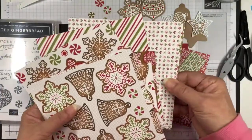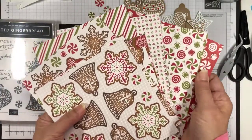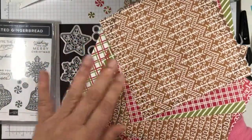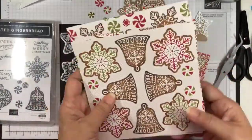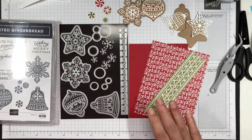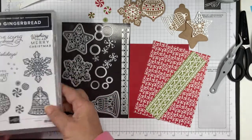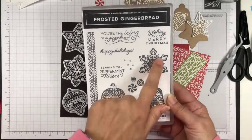But then also you've got other different papers in the designer series paper pack in Old Olive, Cinnamon Cider, and Real Red, so that you can use them for other themed Christmas cards as well, or Christmas packaging as well. So I talked about the dies, and I talked about the stamps. Now you've got the 3 stamps for these 3 cookies here